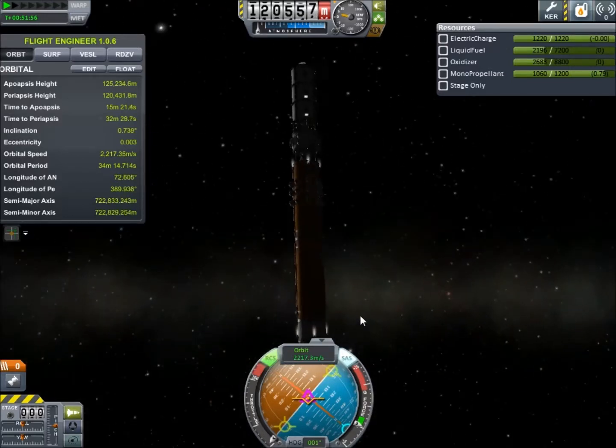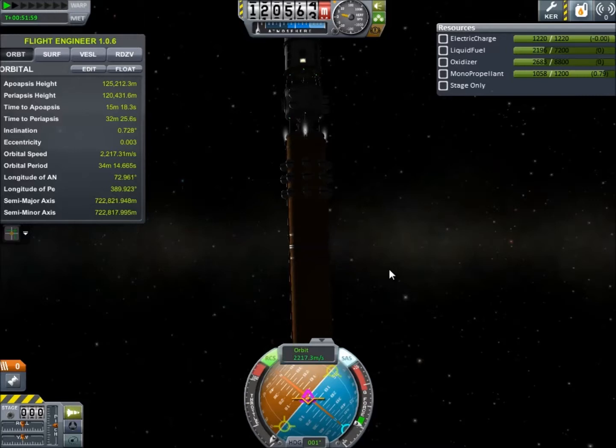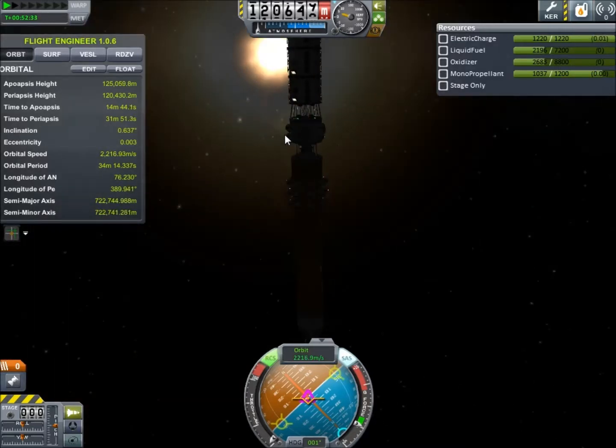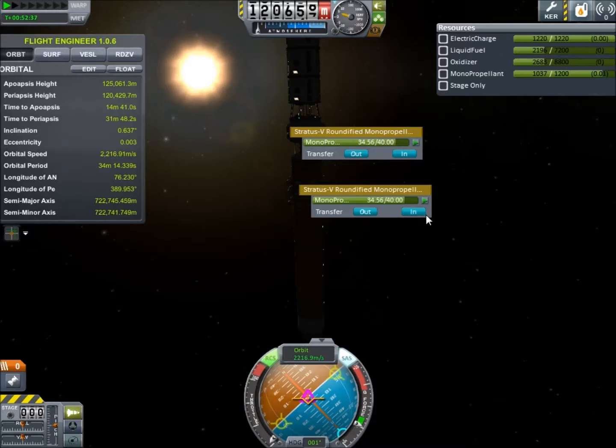There. See, it is very, very important that this thing stay where it is. I mean, right now I'm sitting at roughly about a 5,000 meter drop between apoapse and periapse. Yeah, and it's slowing down. Dang it. Alright. So, 637 degrees. So, out from you...